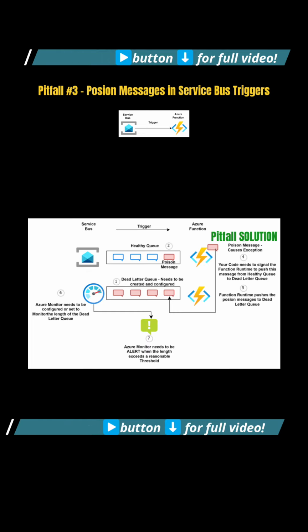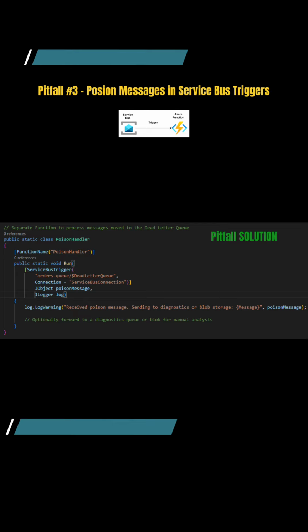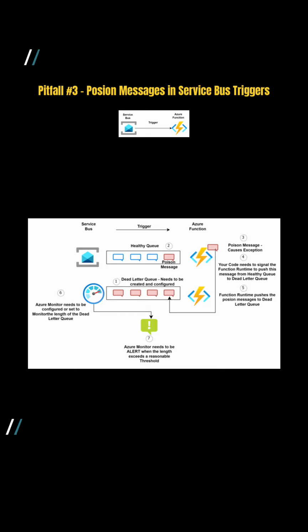Whenever there is an exception thrown by the processing logic of any of the messages in the queue, it causes that message to be pushed to the dead letter queue by the Service Bus runtime itself. And then when you have another function wired up to receive and process messages from the dead letter queue, that's how we handle the poison messages. So enable dead letter queue if you're using Service Bus queues, or set the maxDequeueCount if you are using Azure Storage queues. Add alerts on the dead letter queue length and add a fallback